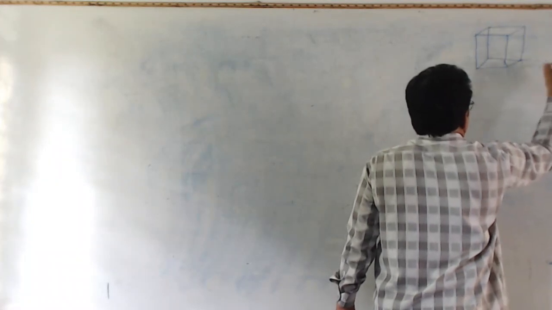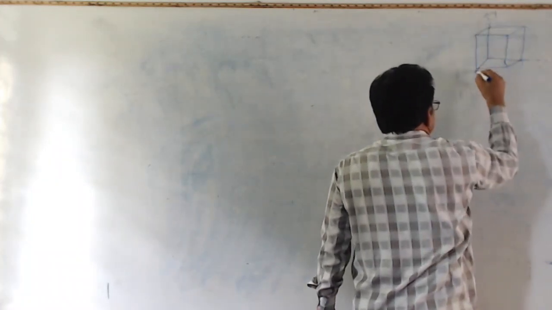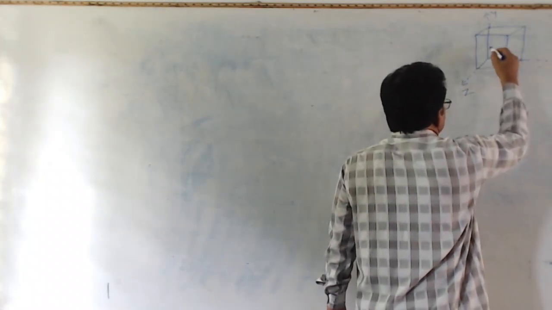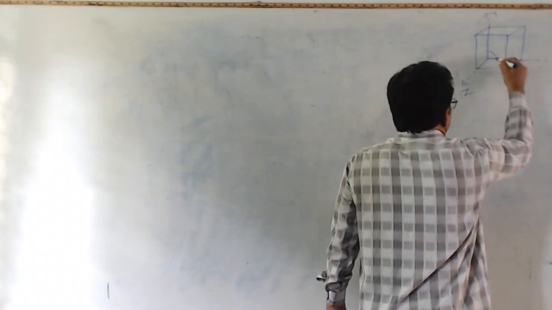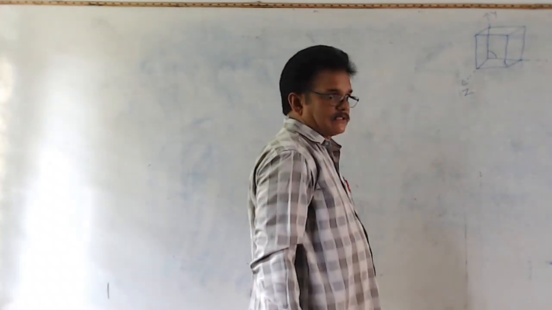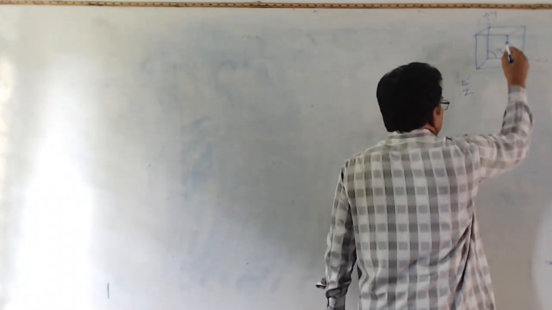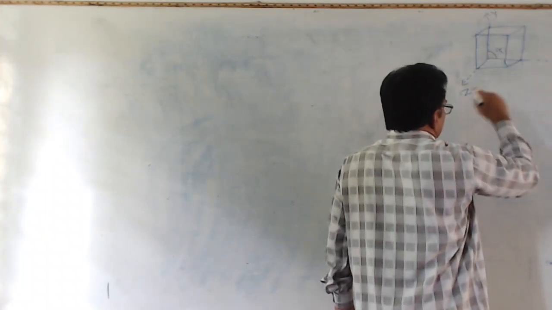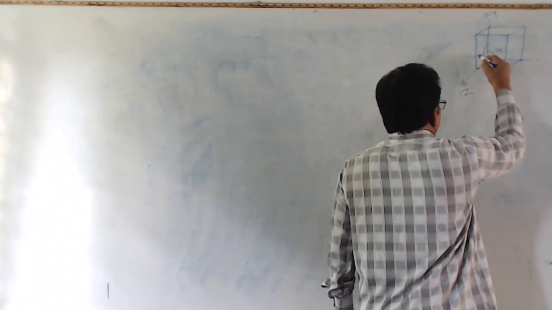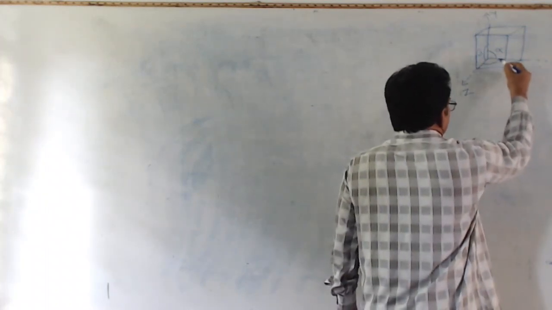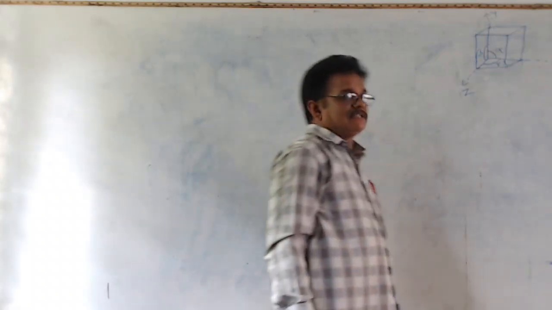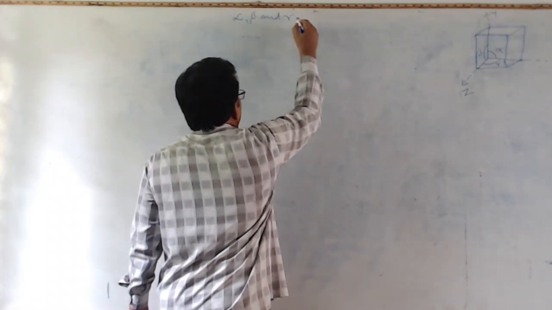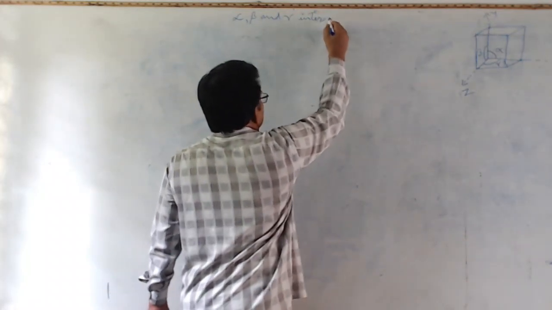This is along the x-axis, this is along the y-axis, and this is along the z-axis. So the interfacial angle between this face and this face, the xz and xy faces, say this is alpha. Between the yz face and the zx face, say it is beta. And between these two, the angle is gamma. Alpha, beta, and gamma are called interfacial angles.